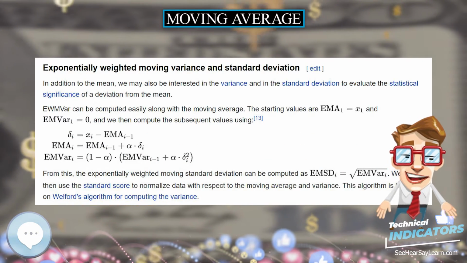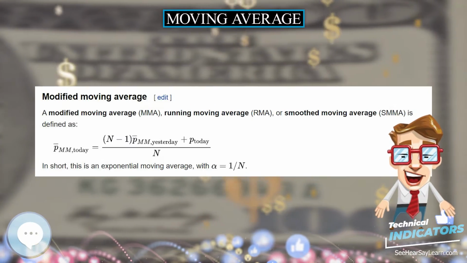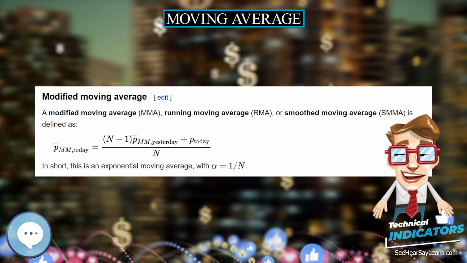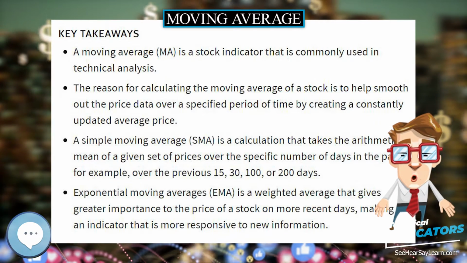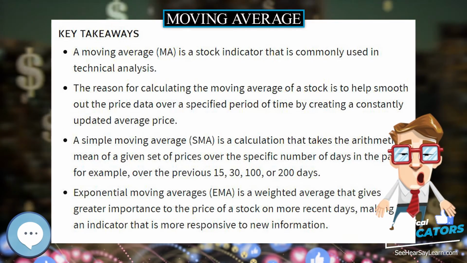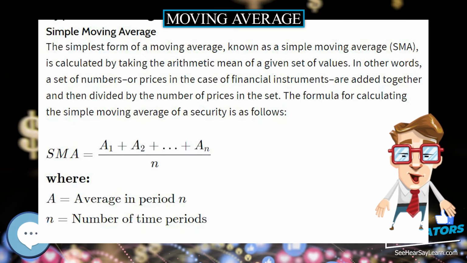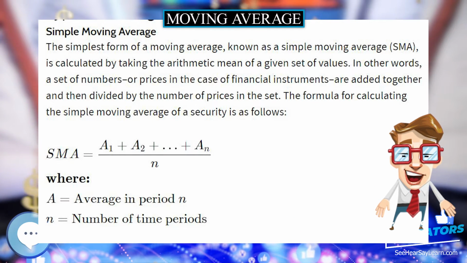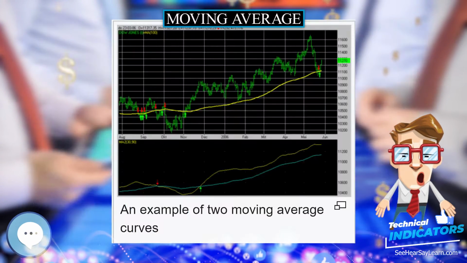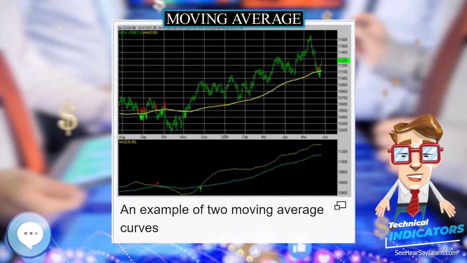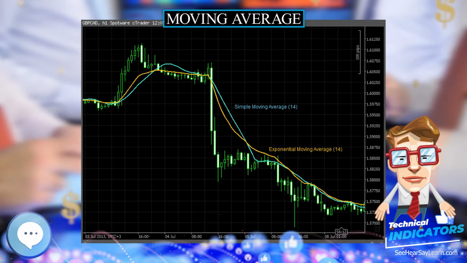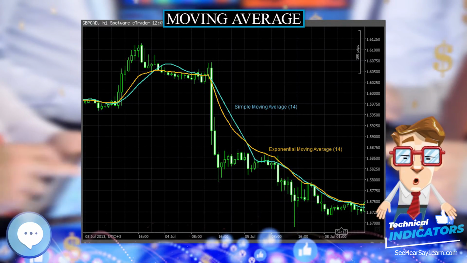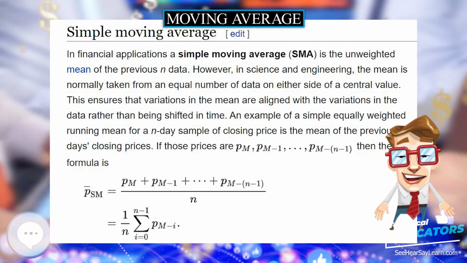By repeated application of this formula for different times, we can eventually write S_t as a weighted sum of the datum points, as for any suitable k, 0, 1, 2, and so on. The weight of the general datum point y_{t-i} is alpha times (1 minus alpha) to the power i.